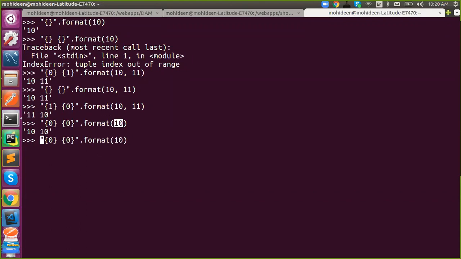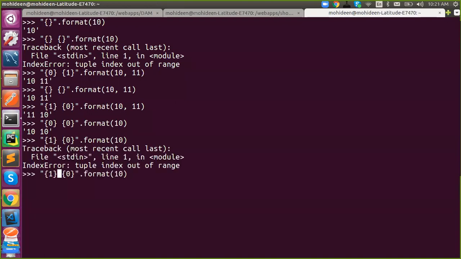If I say 1, what happened? This will raise an index error again because we don't have anything in the first position. The data actually resides in the 0th index, not the first index. Otherwise it will raise an index error again. So we have to say 0. Okay, so you can have a single input, and it might be reflected in two positions, based on its index.